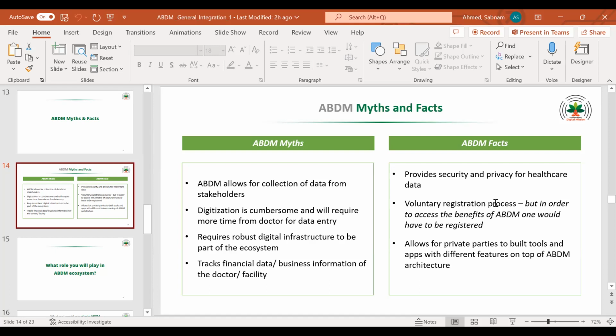Requires robust digital infrastructure to be part of the ecosystem. No, the entities do not require any robust digital infrastructure to be a part. Anybody can be a part of this ABDM ecosystem. It tracks financial data, business information of doctors and facilities. No, it does not track any financial data or business information of any doctor or facility, as it does not store